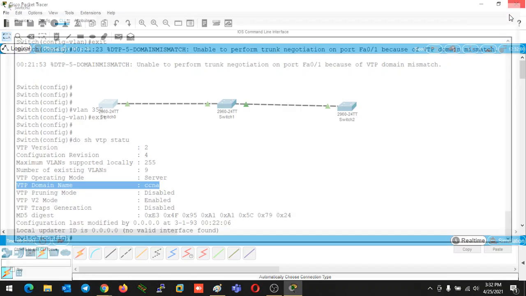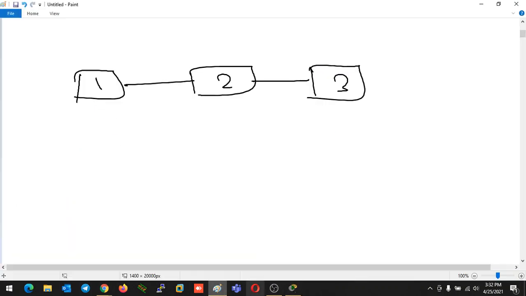And if someone adds another switch here and connects it with a trunk link to this switch, they can configure the same domain name that you configured, and it can also receive all the VLANs you have configured on this switch.